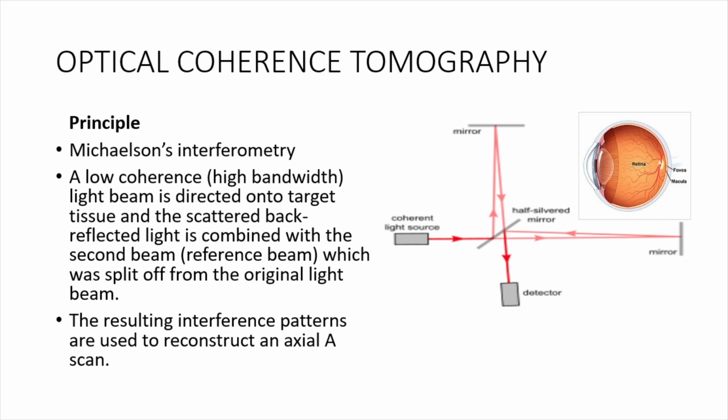The principle of OCT is Michelson's interferometry, where a low coherence light beam is directed onto the target tissue and scattered back. The reflected light combined with the second beam, which is the reference beam, along with the incident light, gives an interference pattern which constructs A scans. So this interference pattern gives us the OCT image which we see. A particular number of A scans together form a B scan, which we see as the